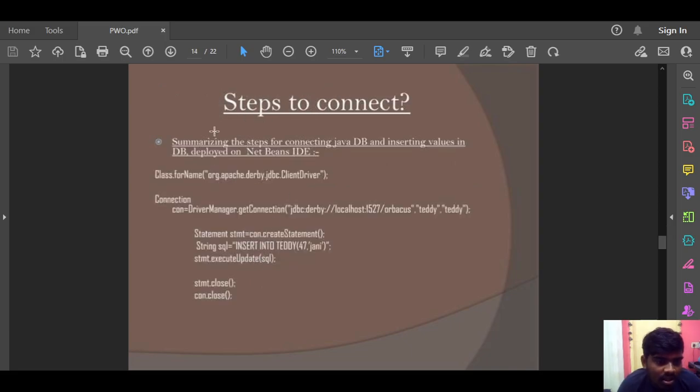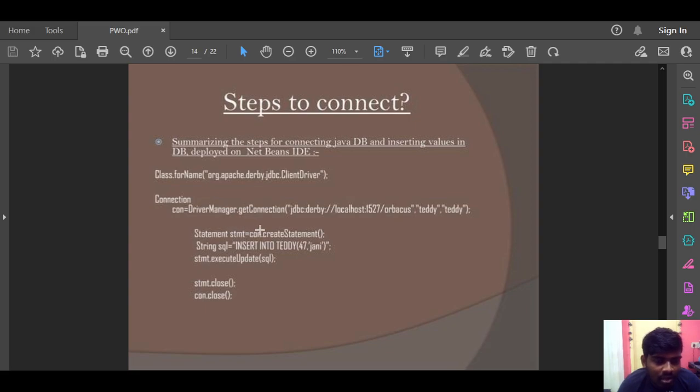Summarizing the steps for connecting Java to a database and inserting values in the database, deploying on the NetBeans IDE: Class.forName, and here is an example where you can see org.apache.derby.jdbc.ClientDriver. For the connection, con equals DriverManager.getConnection jdbc:derby://localhost:1527/teddy.